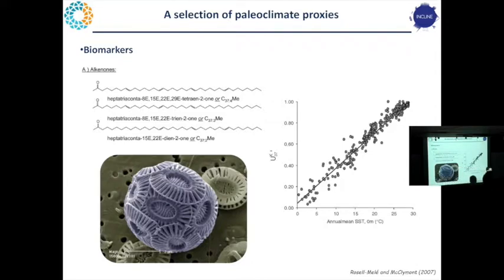So the second part of this talk, we will continue on the main proxies used and enter the examples of past climates that are extremely important in the context of climate change science. In this very specific portion of the talk, where I'm dealing with proxies, I mentioned a few already. The first ones I mentioned were related to